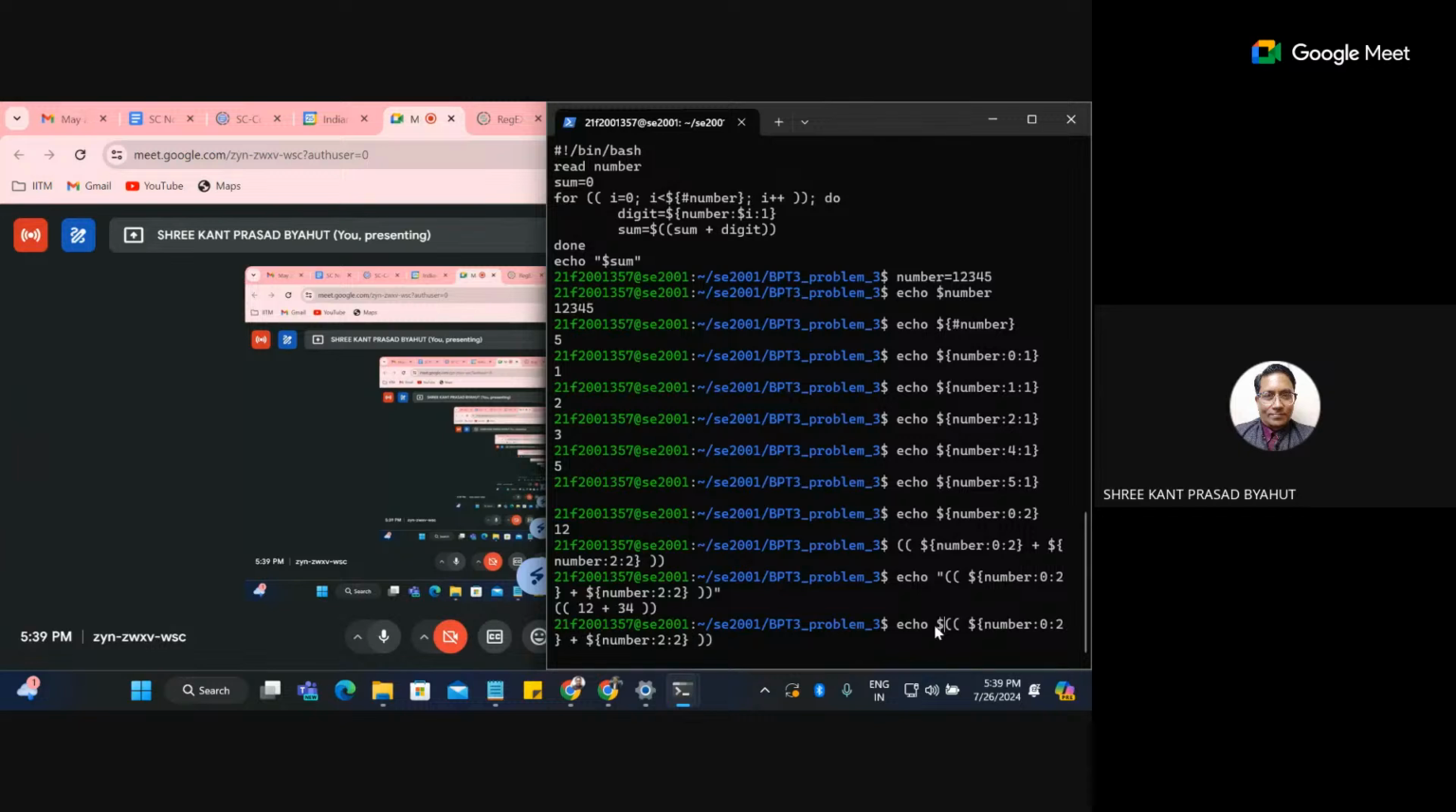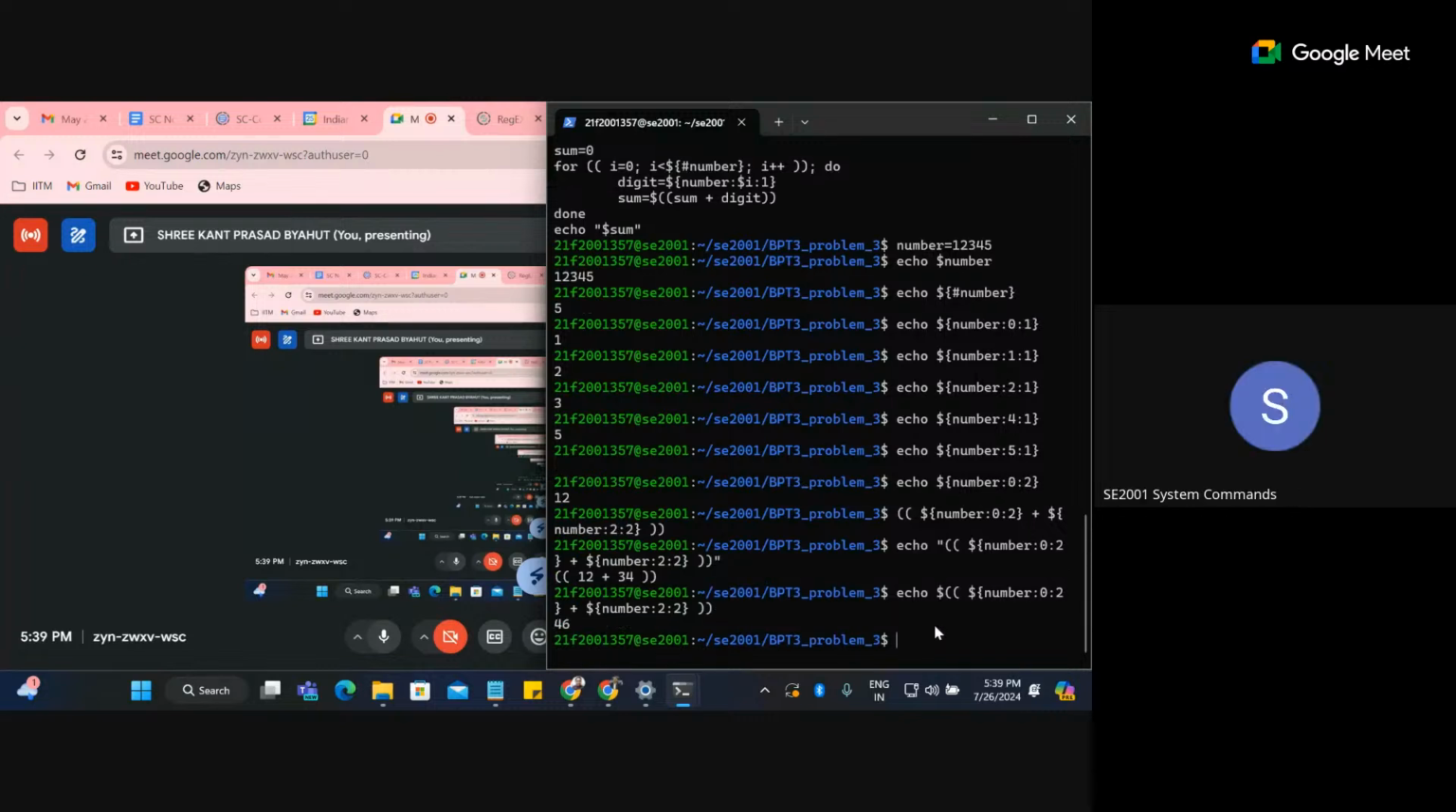Dollar, and then curly bracket. No, why curly bracket? For what purpose? For bash arithmetic, the dollar double parenthesis is your way to go. So is this correct? 1, 2 plus 3, it is 4. Yes, it is correct. Now,